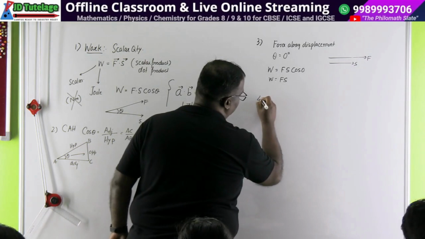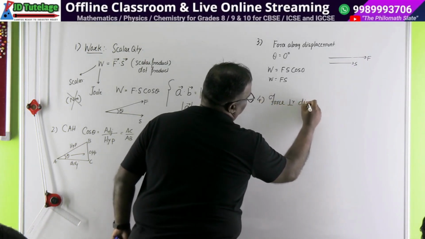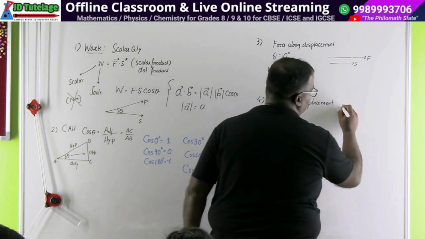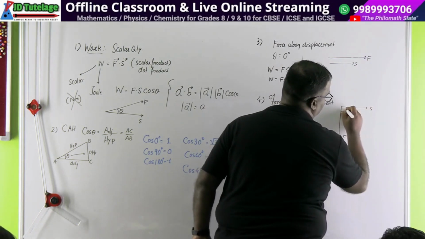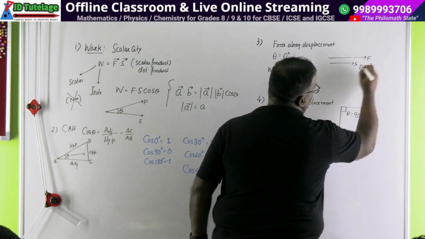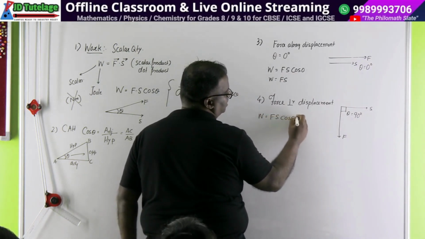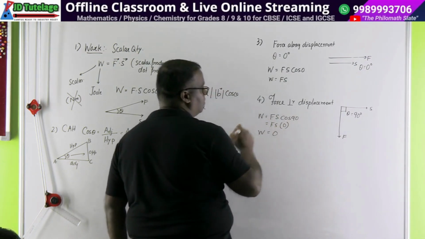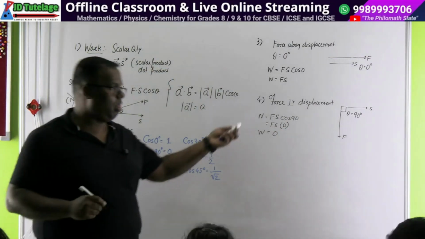So work done is equal to Fs. Number 4 criteria, force perpendicular to displacement. अभी कैसा होगा? Displacement is in this direction and force is in this direction. अब यहाँ पे थीटा की वैल्यू कितनी हुई? 90 डिग्री. So work done will be equal to Fs cos 90, which is equal to Fs into 0, which is equal to 0. ठीक है, बस यही सवाल पूछेगा सीबीएसई।